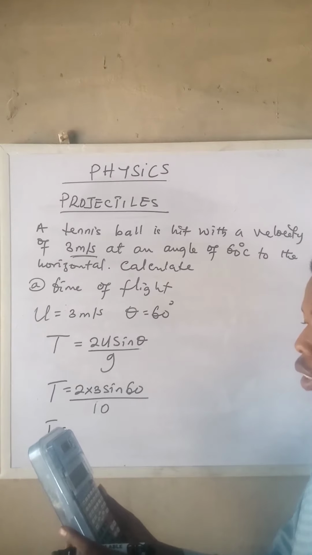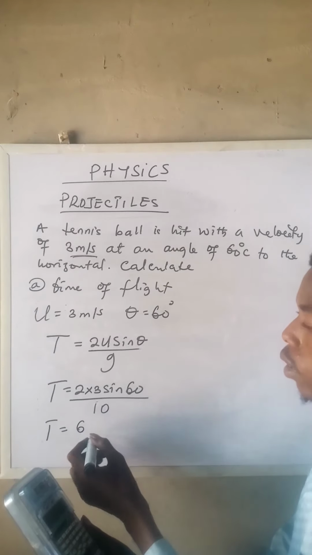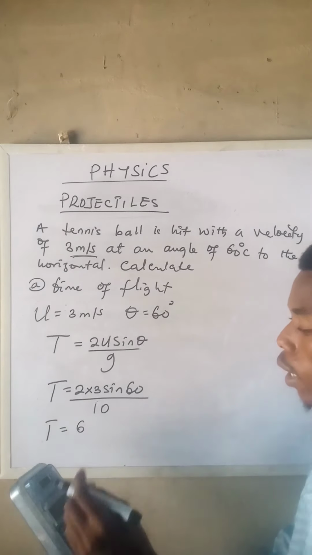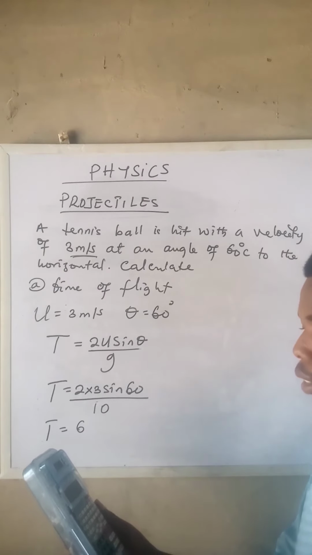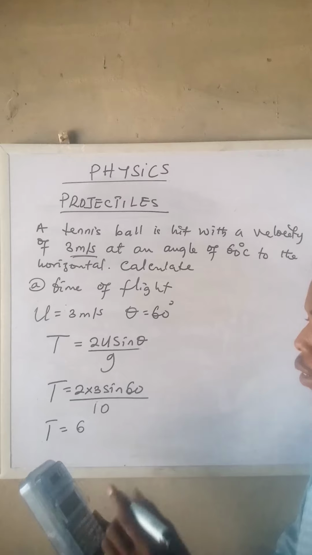2 times 3 is 6. Then sine 60. Sine 60 is